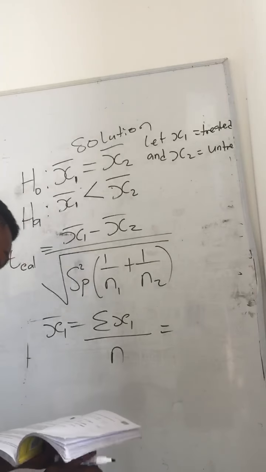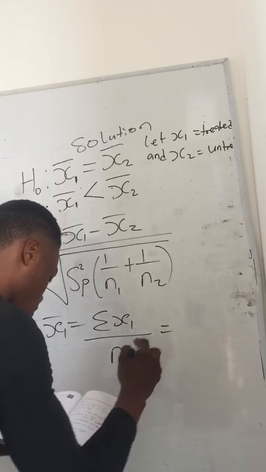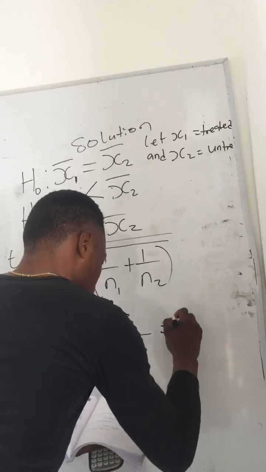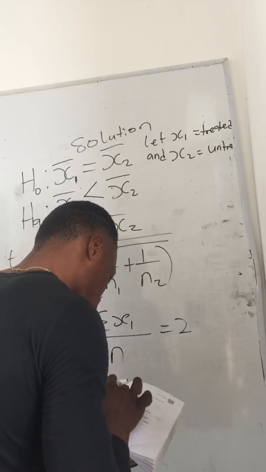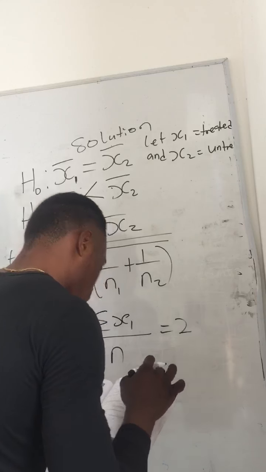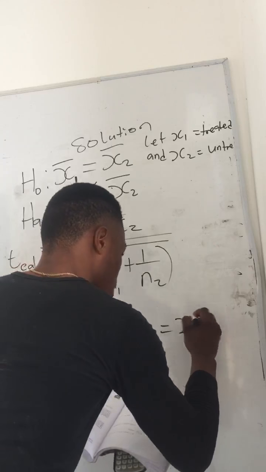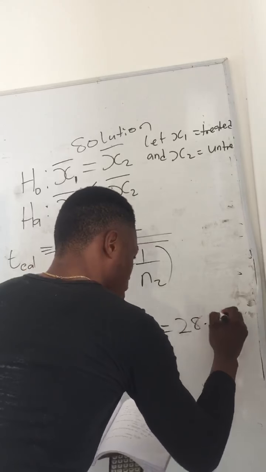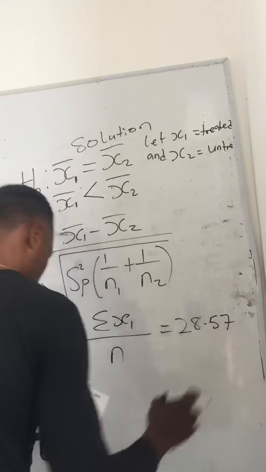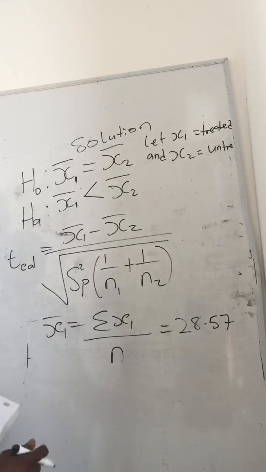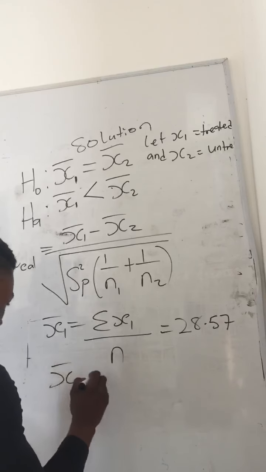If you do that with your calculator, you obtain the mean to be 26. Now we said, okay, so you have 26. Where is it? 28.57. So if you do that, you obtain 28.57 as your mean for the treated. Remember we said S1 represents treated, and the mean of the untreated, S bar 2,